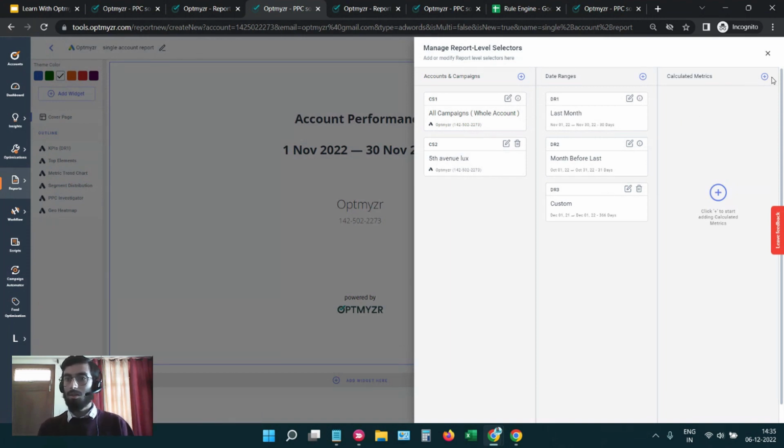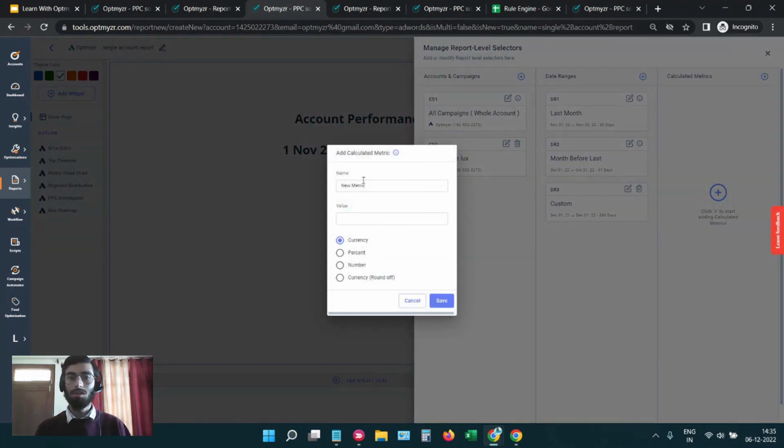And finally, we also have an option for calculated metrics. So in case someone wants to create certain metrics, like maybe just to give you an example, an option for ROAS. So you can easily go ahead and say ROAS here, and to add that, you will have to give a value, like what the expression for this ROAS. So it would be like total conversion value by cost. So the reason why I added it in this way, like total conversion value with C capital and V capital, so there is a denotion for each metric, and only certain metrics are available at this moment to create a